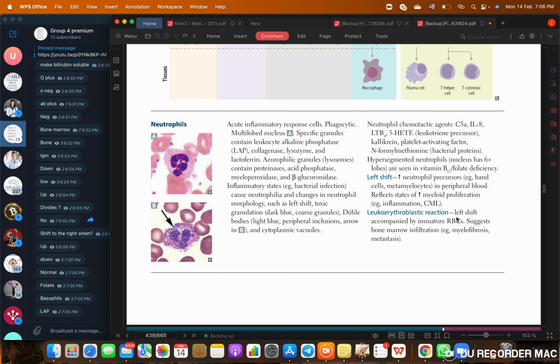Leukoerythroblastic reaction is a left shift combined with immature RBCs. It happens when we have infiltration of the bone marrow, and I will explain why it happens. Just a second. Okay, I'm a really bad drawer, so don't be harsh on me. So this is a bone, okay? Inside of the bone, we have a bone marrow, right? If somebody has a leukemia, let's say, or myelofibrosis, and all of this leukemia or myelofibrosis is infiltrating the bone,